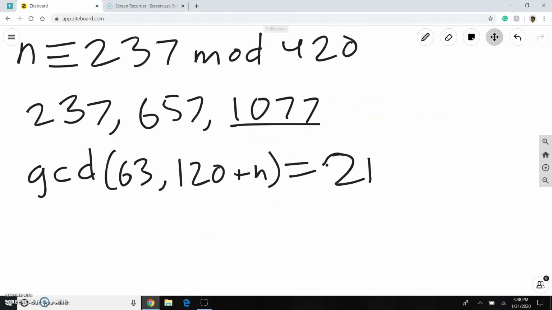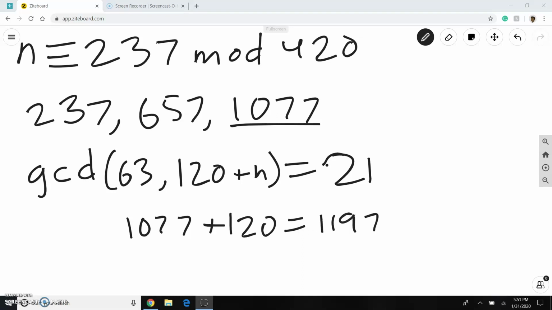And the reason is as follows. When we add 1077 to 120, we get 1197. The problem with this value, 1197, is that even though it's a multiple of 21, it's also a multiple of 9. And those two combined make it a multiple of 63. And since we have 63 here, this would make this statement equal to 63, not 21, which we don't want. So 1077 doesn't work. We'll take the next value,